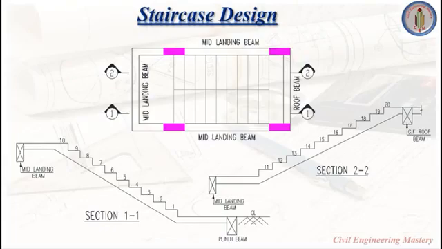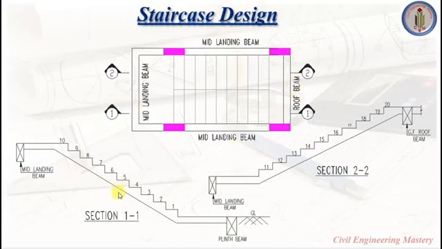Next, let us discuss the structural arrangement of staircase. So what is structural arrangement? We need to provide proper support for the staircase. Here I have taken the dogleg staircase since it is most commonly used in residential buildings. So here is the staircase plan. Here the first flight is supported by this mid landing beam and the second flight is supported by the roof beam which is at first floor level.